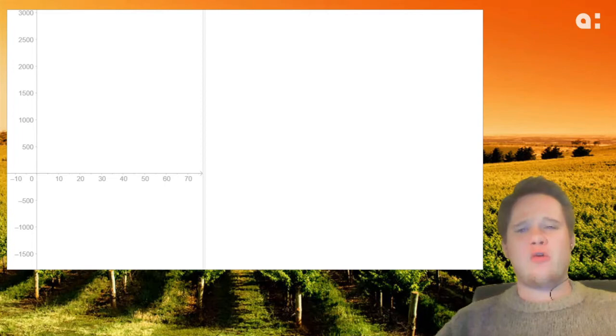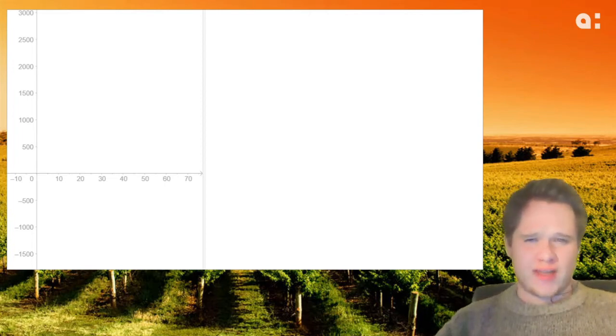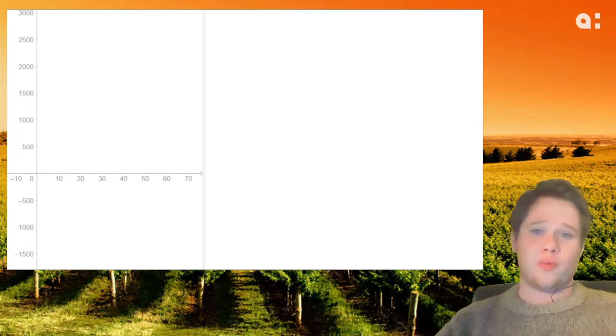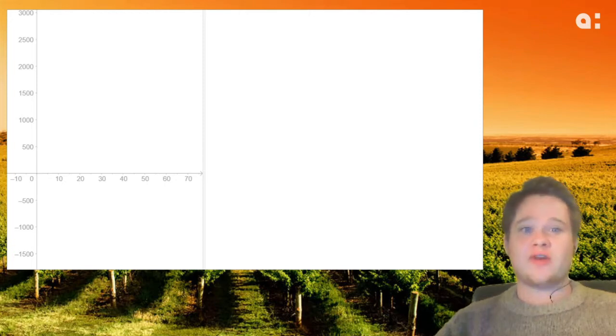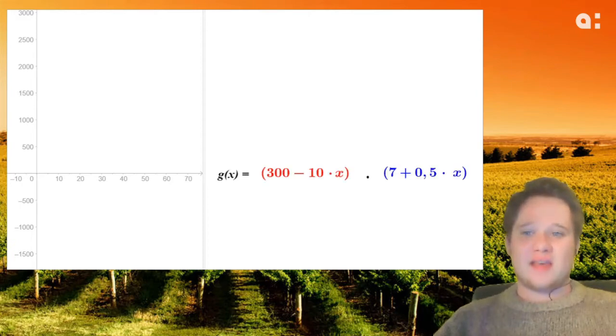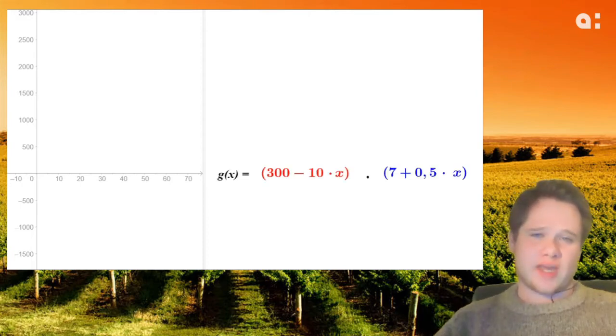We are now looking for a function that reflects the profit according to the number of years the bottles are kept. The longer the bottles are kept, the more profit per bottle. But we can't forget that Valère drinks 10 of them every year. To calculate the profit of the bottles, we have to multiply the number of bottles by the price of a bottle. We take x as the number of years the bottles are kept.